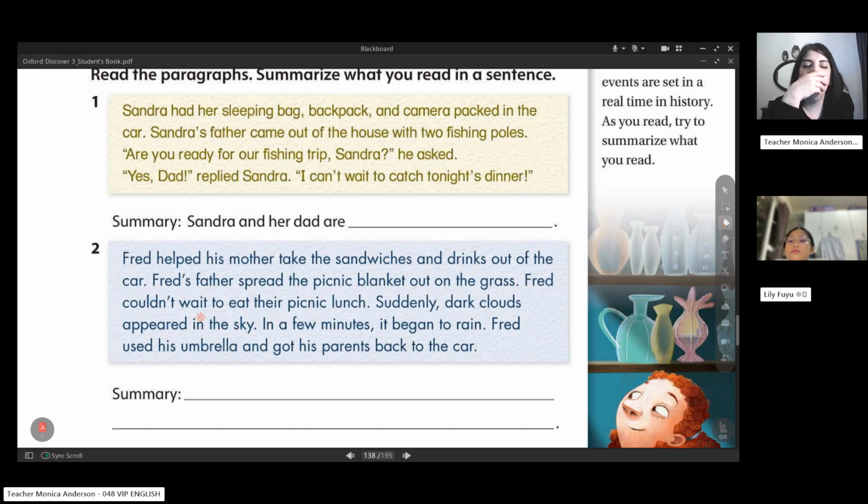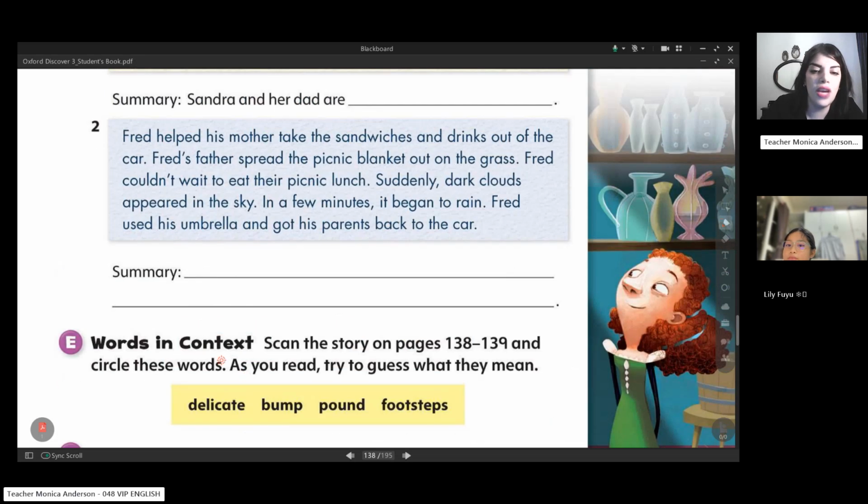Yeah. The summary is: Fred and his parents are going to a picnic, but it began to rain and they had to go back to the car. Very good. So yeah, they went on a picnic but suddenly it started to rain and they had to get back to the car. So this is the summary. Okay, now